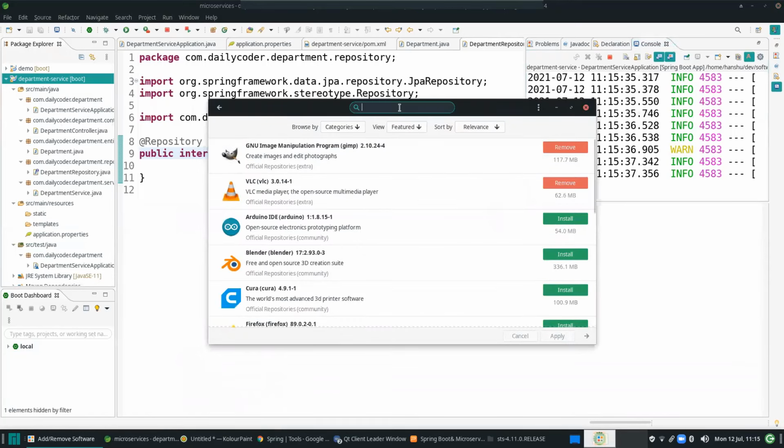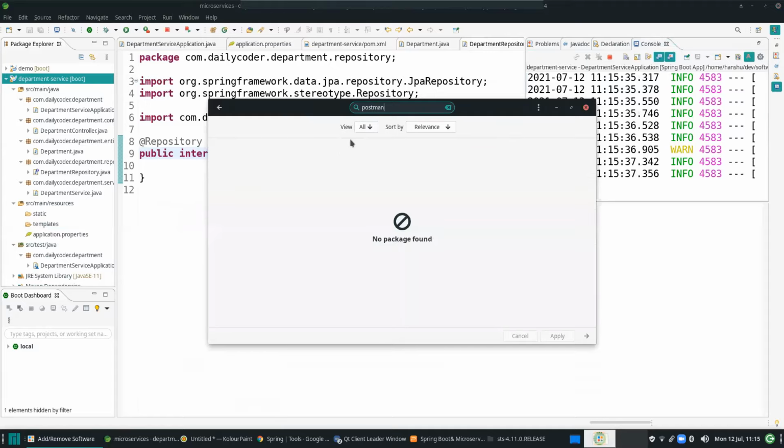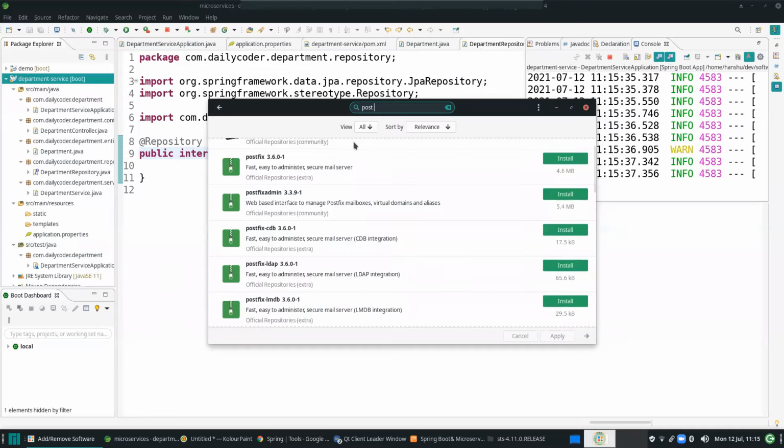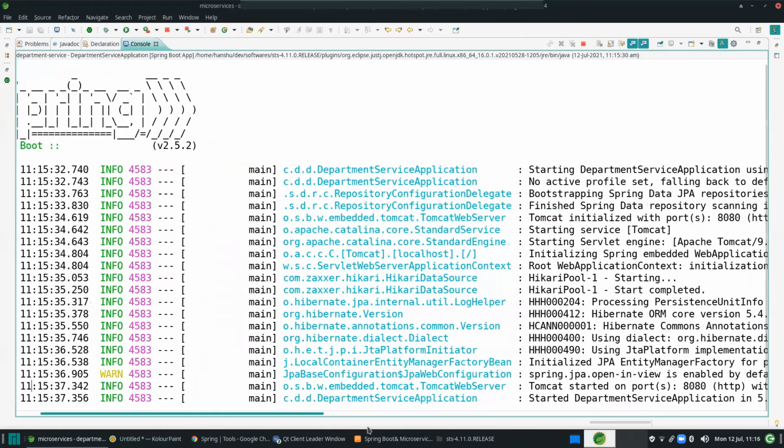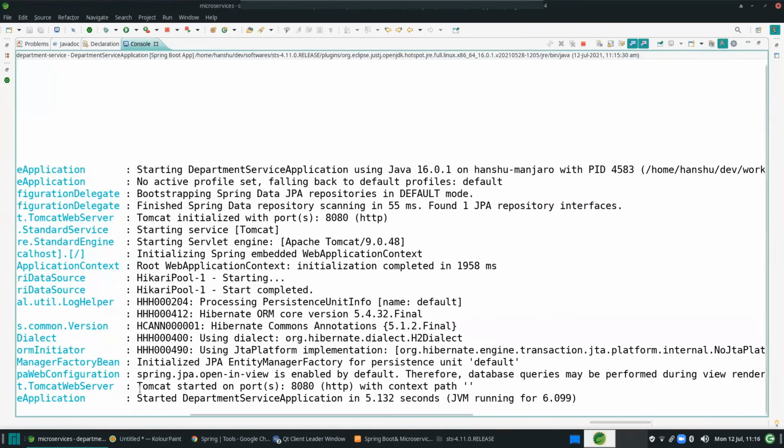I'm just using Postman. Okay, now I'll check this. See, now it has started on 8080.